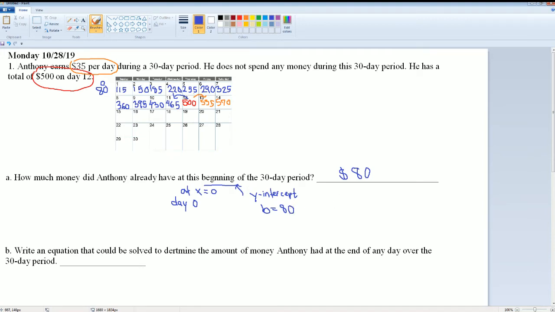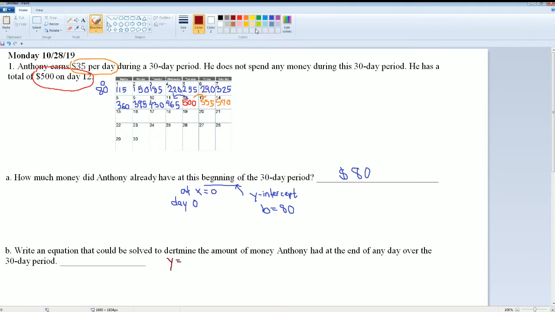How do we get that? We just apply the pattern, or the delta, backwards. Forward was plus 35, so backwards would subtract 35. Here you're going to write an equation that could be used to determine the amount of money. We know that this is a constant and linear equation because he makes a constant amount of $35 per day. So here we can write the formula as